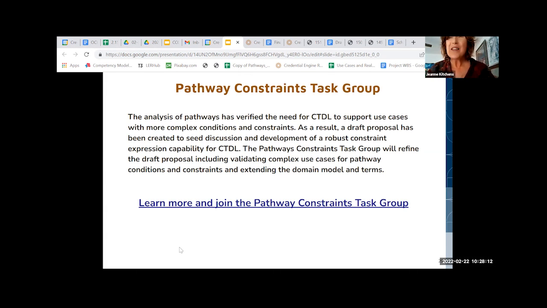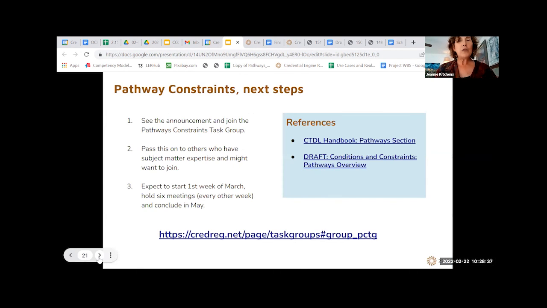Yeah. And the main thing with this task group is you don't have to know all the ins and outs of the CTDL. We have little lessons, and you'll emerge from this well-informed. What we really need are people who are subject matter experts, and you don't have to be a technical expert. We need the designers as well as the technical people, and that way we all work together to solve the problem. So please do join, and if you know anyone who would be interested, you can pass this on to them. We have a more the merrier attitude.